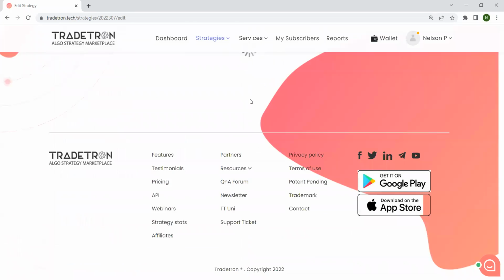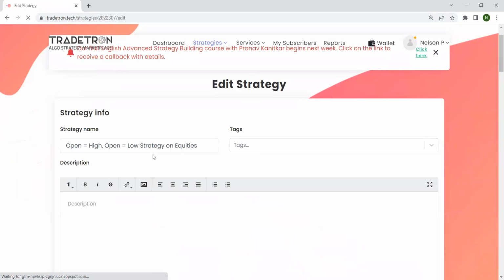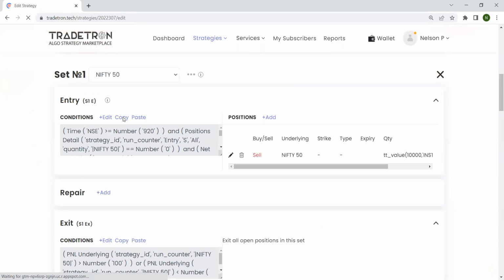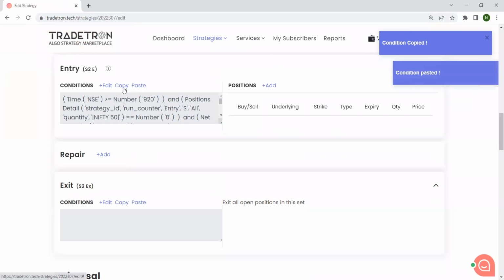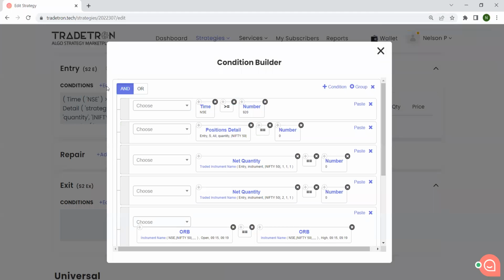Whenever you update the strategy after copying, the set will also get pasted automatically. So I will just copy from here and paste it over here, and we will change the criteria for this. Once we go to set number 2,